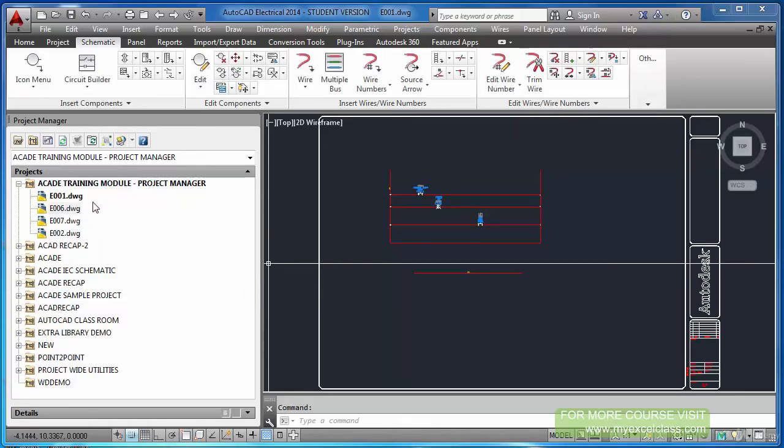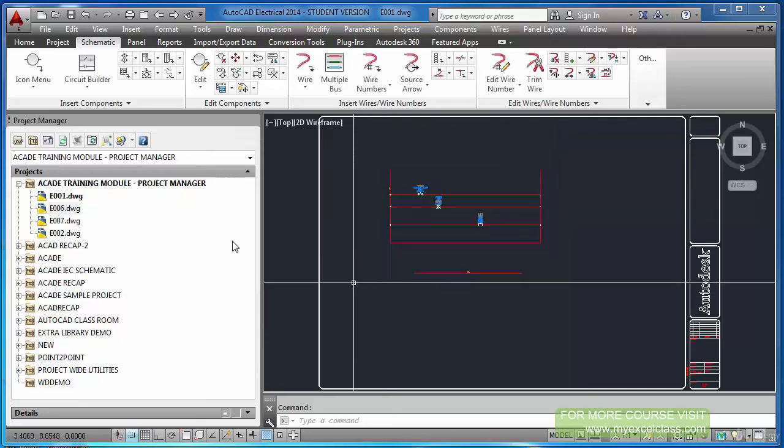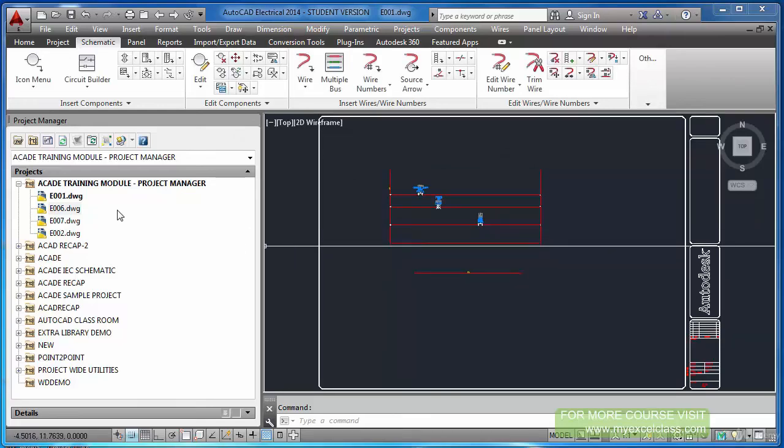So at times you may require to see what is there in this sheet. Just open this, select those things. In the same way, you can put all this location code, section, subsection, and everything. Maybe within a panel there may be front, rear, section, lots of things. So you can set whatever you want. You can put those values inside this, and you can display and hide those values. This is very useful, very useful.